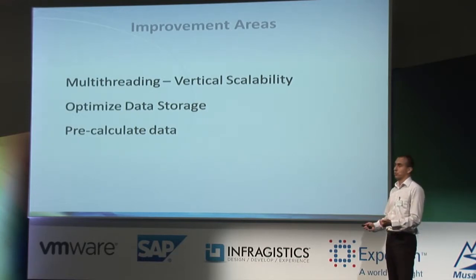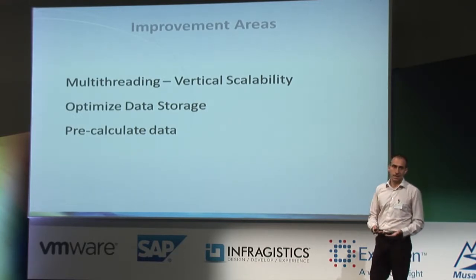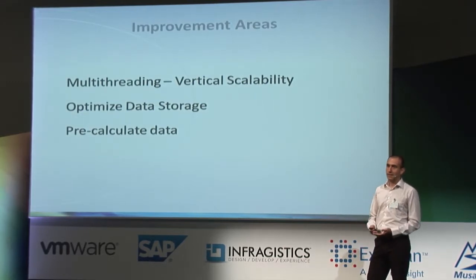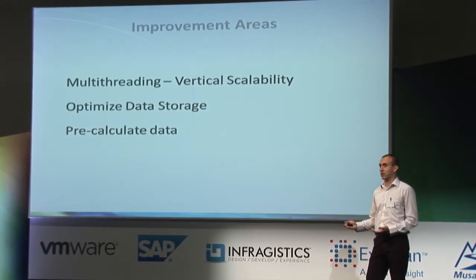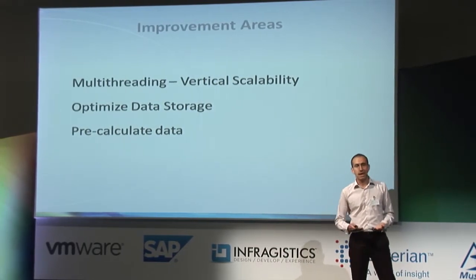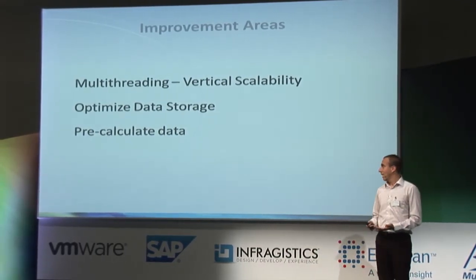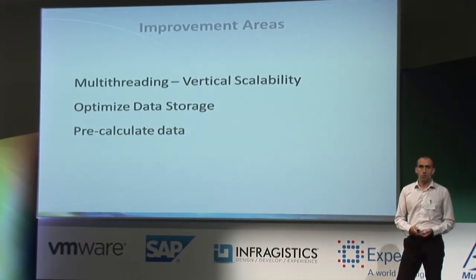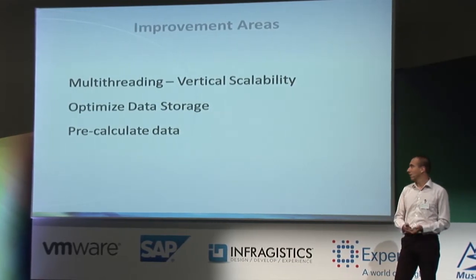First, of course, is to make it multi-threaded and make it scale over all available cores. Second, we can improve the data storage because the data should be read every time for every report. And at the end, if that's not enough, we can still think of some pre-calculating the data or some caching and so on.